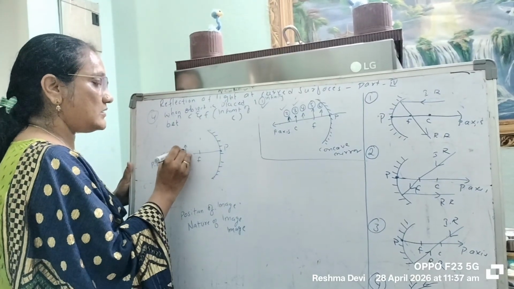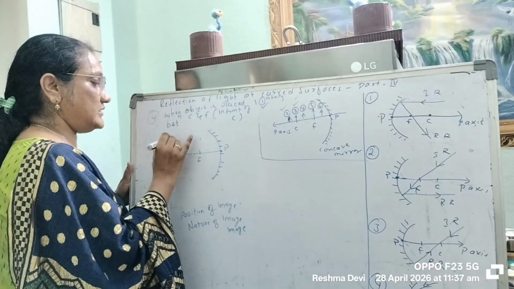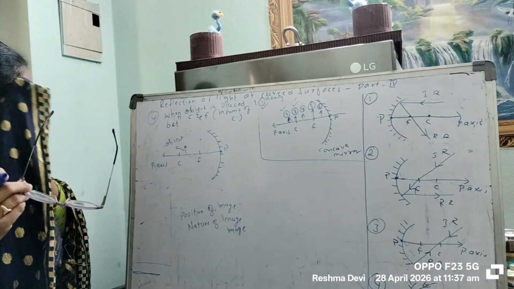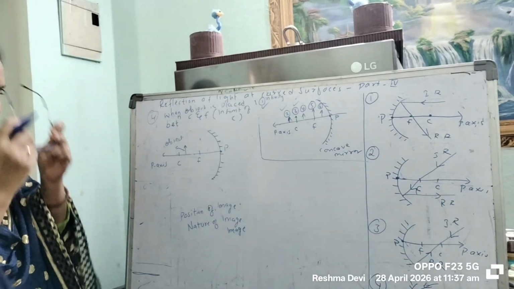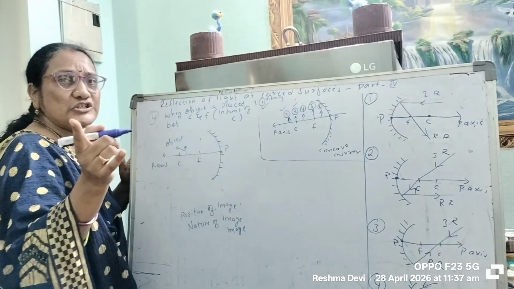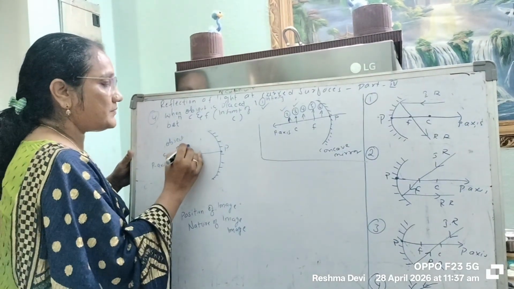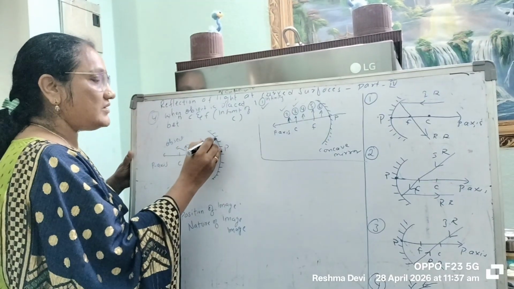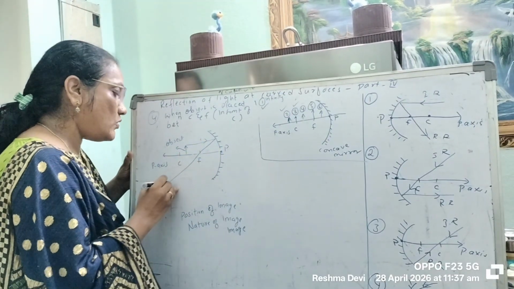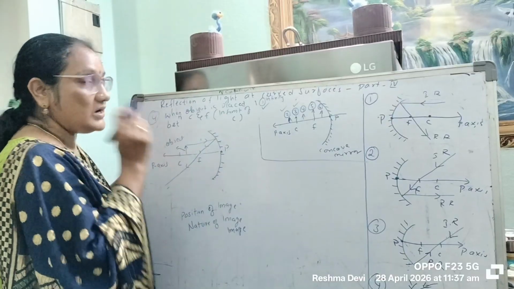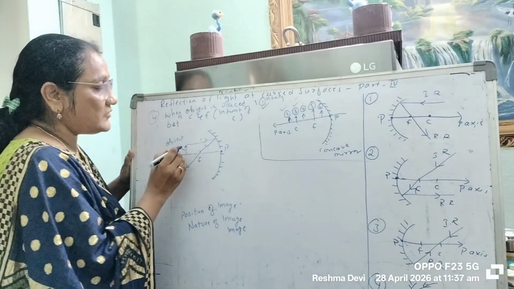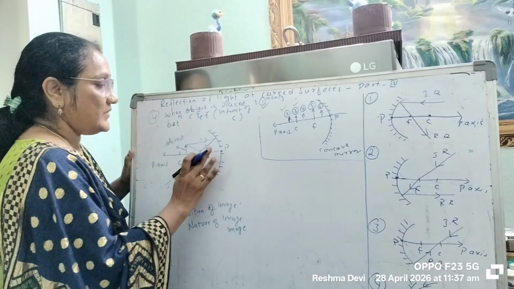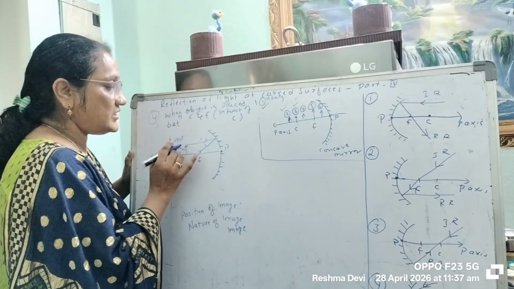Here is the object, right? Between C and F. Object is between C and F. Now, as usual, first what we have to draw? The parallel. After reflection, it passes through the focal point. Next, what we have to do? A ray passing through focus. Now, after reflection,